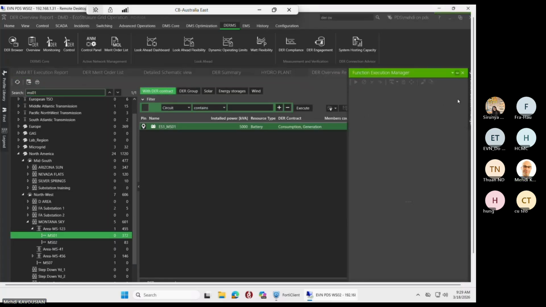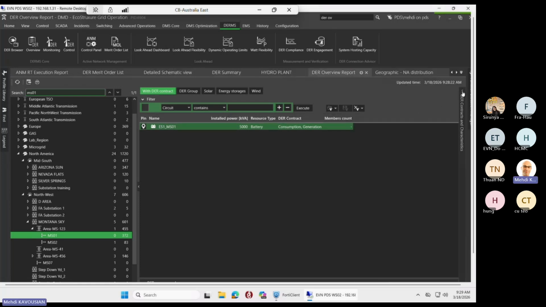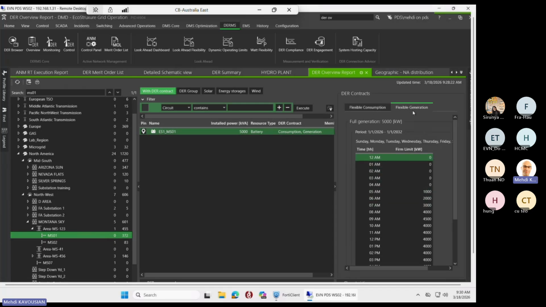So I hide this. Sometimes the displays are hidden like this, and you need to open it to see more information. This battery has a contract. So this contract is for consumption and for generation. You can have